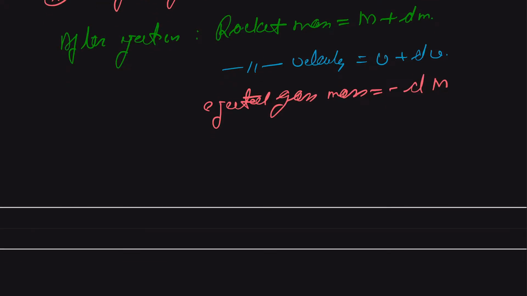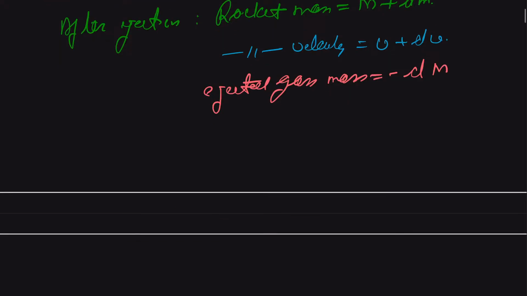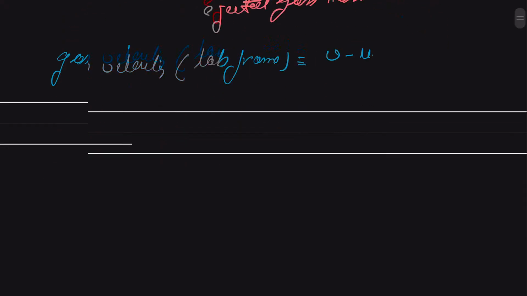Now we can find out the gas velocity in the lab frame. Okay, that is basically our relative velocity. So we can say our gas velocity in our lab frame will be equal to our v minus u,